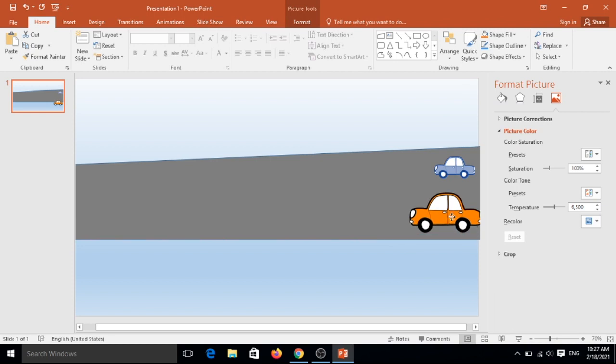Now it is in front. You can write on this side also, or you can rotate it. Now it is the front side.